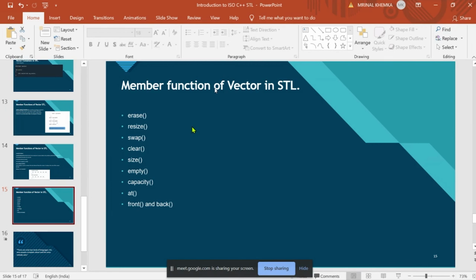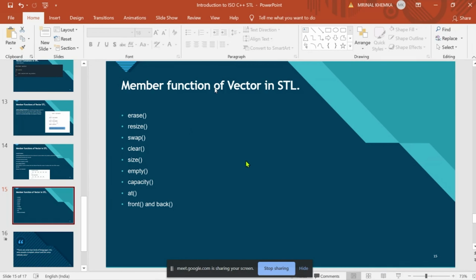The next function is the clear function. The clear function basically clears all the data inside a vector. That means it destroys the complete data inside the vector. Now the size function returns the number of elements that are defined inside our vector.